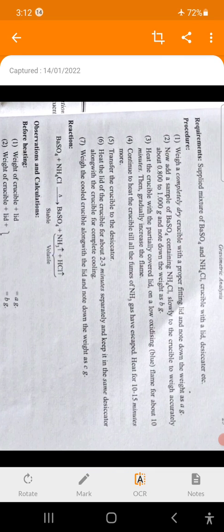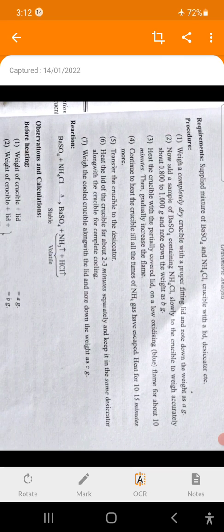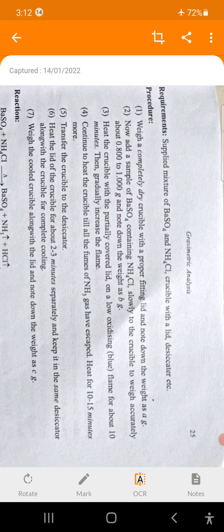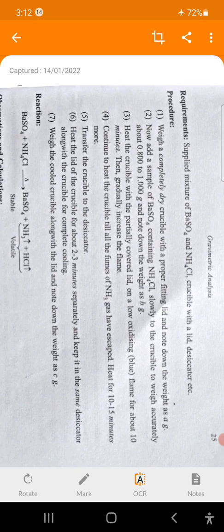The procedure is very simple. See here the procedure. Weigh a completely dry crucible with its proper lid, and note down the weight in grams as A. Then add the BaSO4 and NH4Cl mixture slowly and weigh accurately, about 0.8 to 1 gram, and note down as